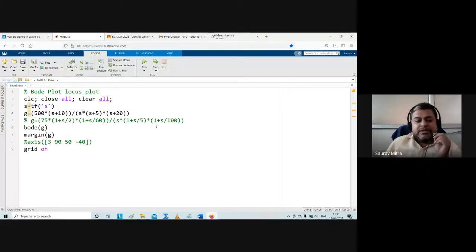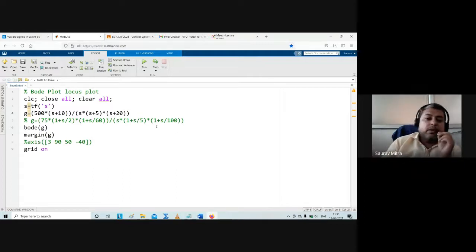For the other three points: at 5, we are finding a negative 20 dB per decade. At 20, we are finding another minus 20 dB per decade. And at 10, we are finding a plus 20 dB per decade. So there are 3 corner frequencies, 10, 5 and 20, and there are 2 other plots. 500 means actually that is 50, so that will be 20 log 50, that is 34 dB, which is a line parallel to the 0 dB line.